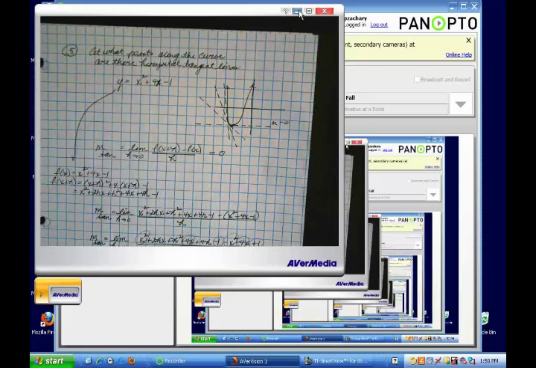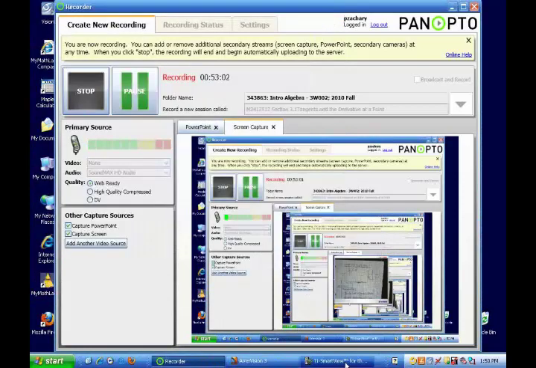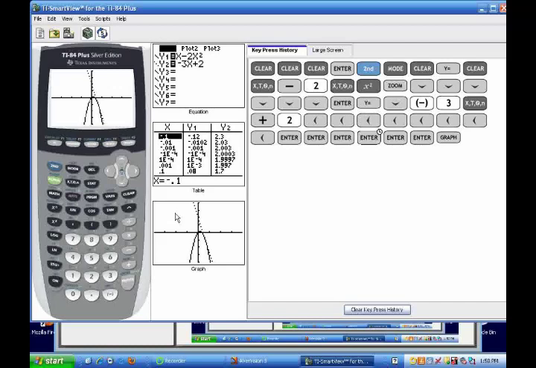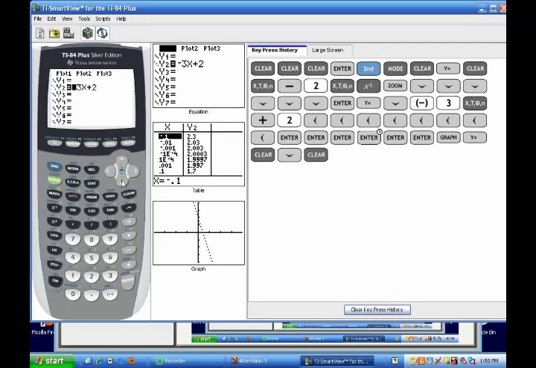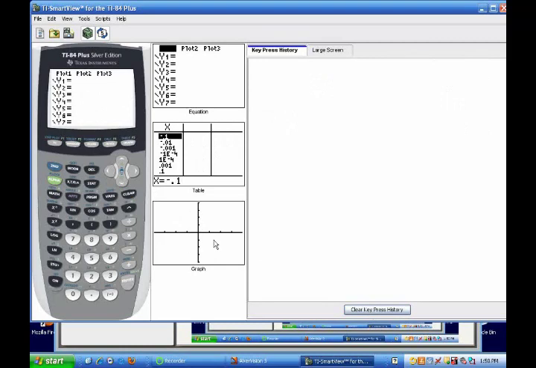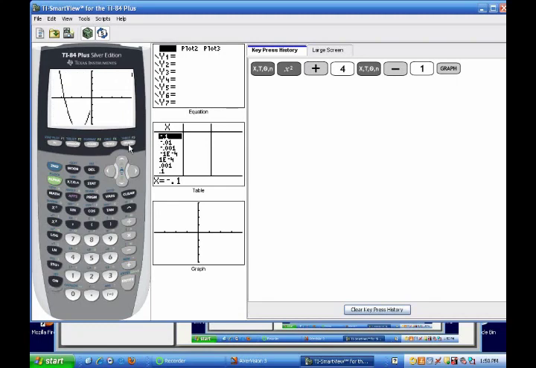Let me see. Let's go back to that. At what points? I guess I have to get the y too. Okay, so here we go. Go down. Clear all this mess off. I'm going to get rid of that. Okay, so what did we have? x squared plus 4x minus 1. Okay, I'm going to graph it,